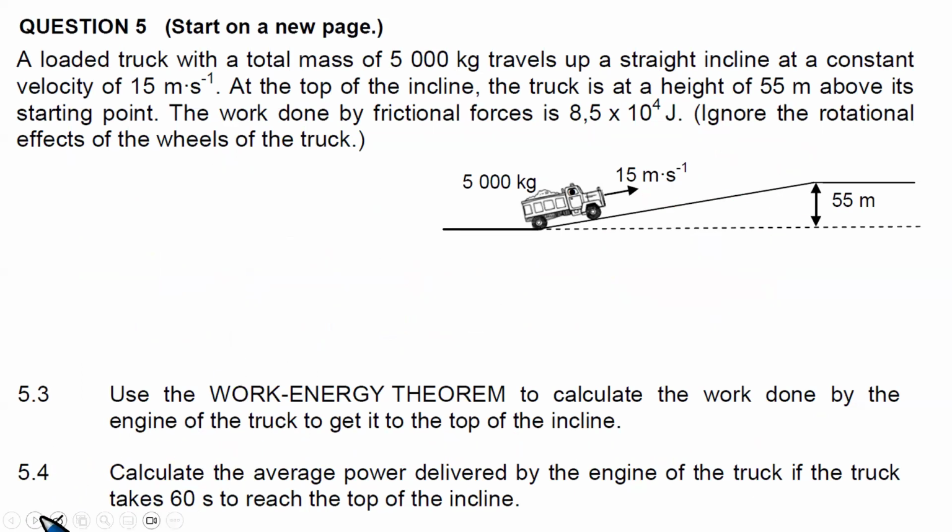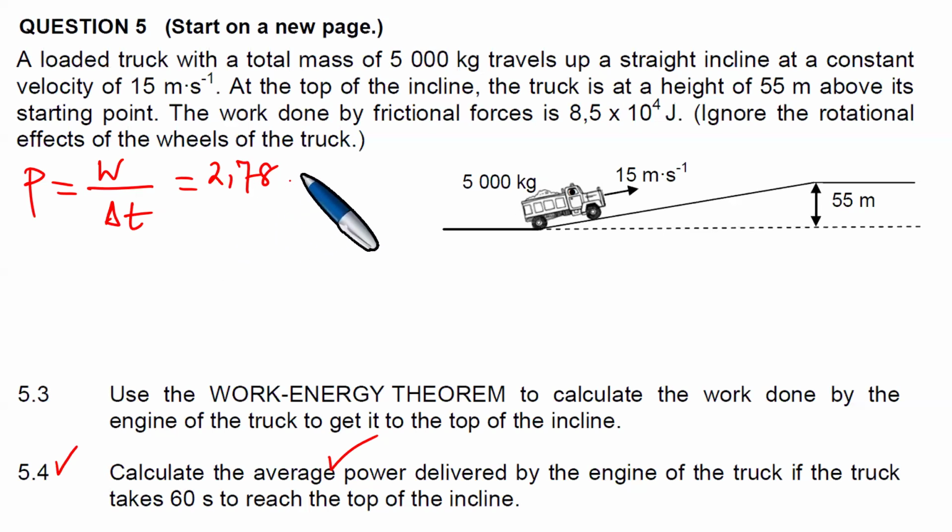Right, the next question is 5.4. In 5.4, we want to calculate the average power delivered by the engine of the truck if the truck takes 60 seconds to reach the top of the incline, but we want to find the average power. What is the formula for average power? Let us use the correct formula here to calculate the average power. What is the formula for the average power? Right, so we have defined power, but the average power is W divided by change in time, and this is actually